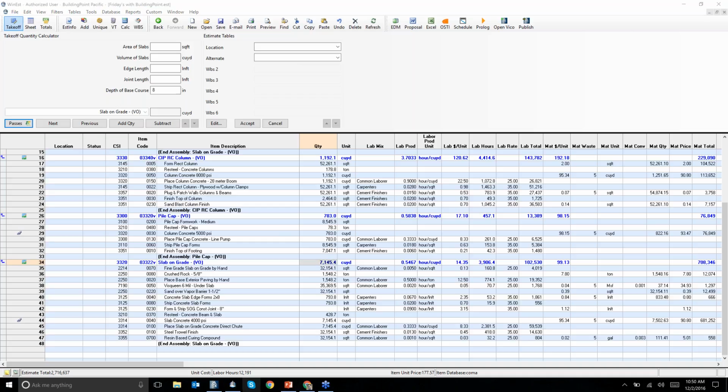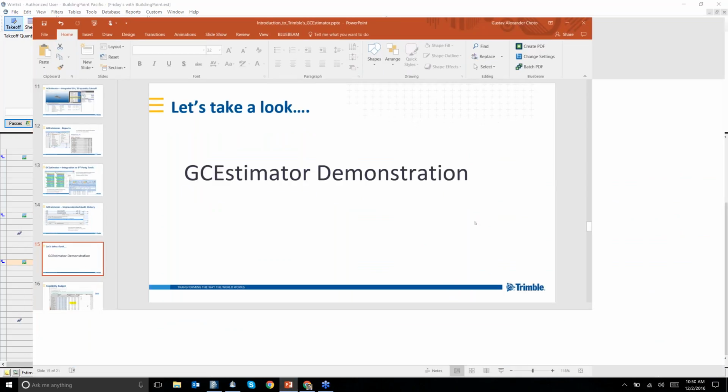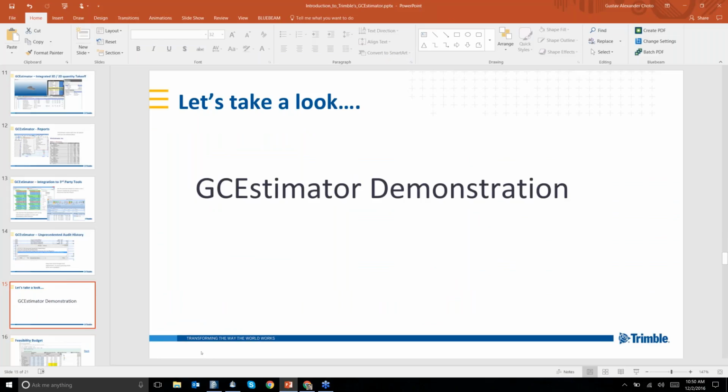So, back to our PowerPoint slide here. That is our GCEstimator integration with VICO Office and WinEst. I hope that today you've seen the power of leveraging 3D quantities and 2D quantities in the same estimate. Something we didn't have time to do today was a little more iteration, so maybe in a follow-up webinar we'll be able to show